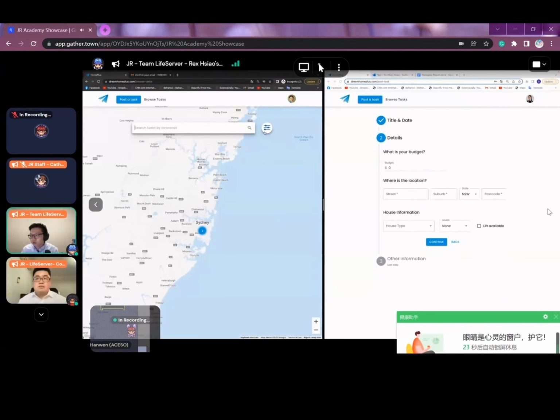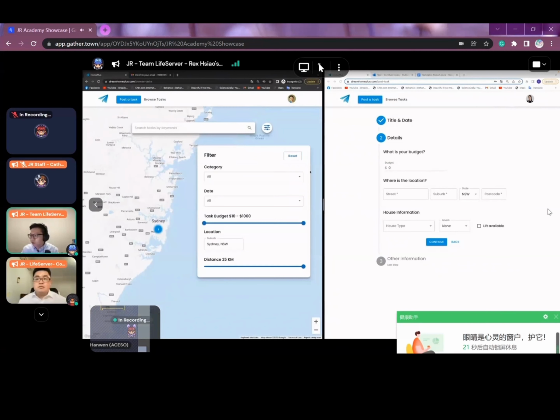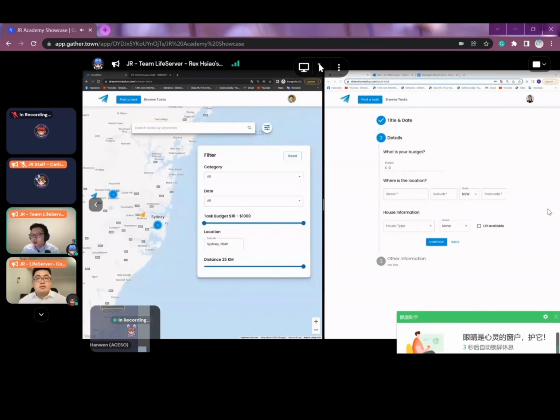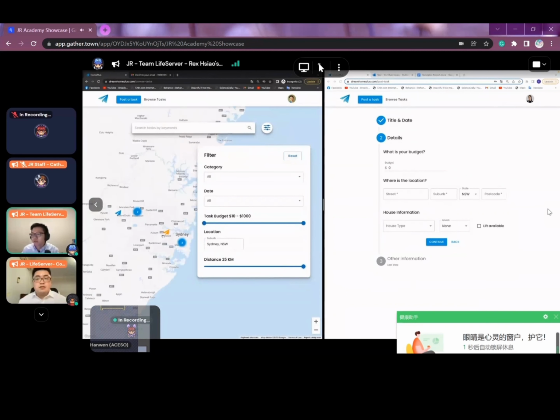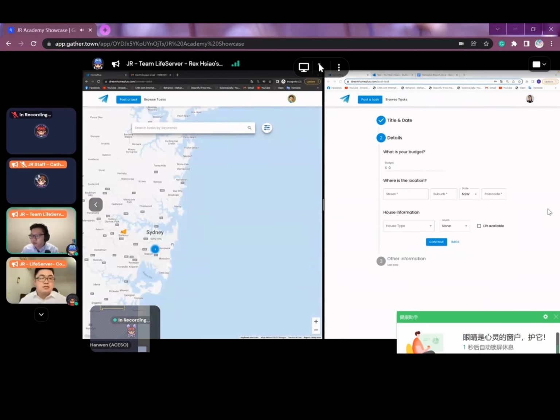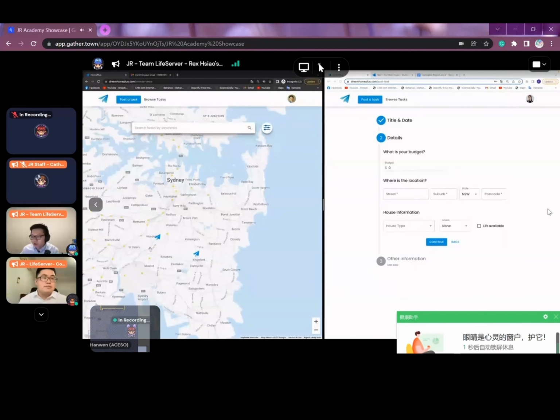And here's the result. After that, when we use the filter, we reset it and we can use different categories or different size ranges. Also, we can move this range and we can switch the location to other cities, and also can zoom in, zoom out to see different distances. And once this tasker decides to click on the task,